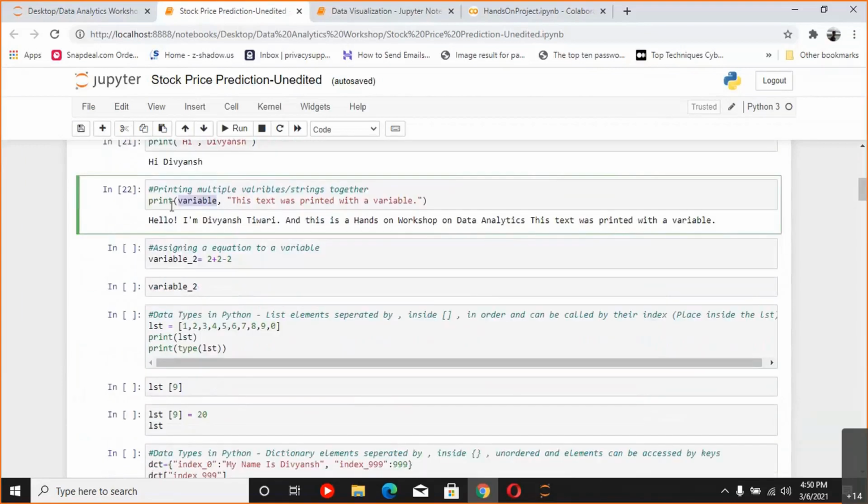Here you can see when we tried to print it with a comma operator, the value of the variable was taken, whatever it was, and it was combined with the next thing that we passed to the print statement. This text was printed with a variable. So these are the two things that were done. So with the print statement, when we put a comma in between two variables, then both the variables are printed separated